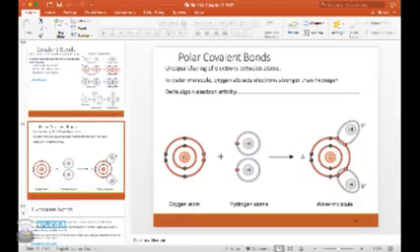Polar covalent bonds look a little bit more like this. So for a polar covalent bond, we actually see this electron shell of the hydrogen gets stretched a little bit. These electrons get pulled a little closer to oxygen than they are to the hydrogen. And we get this little bit of positive, and we get this little bit of negative, and we get this little bit of positive. So we get this end of the oxygen that has this negative